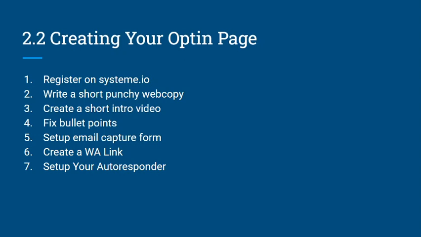and then we're going to look at how you can set up your email capture form as well as creating a WhatsApp link. Then lastly, we're going to set up our autoresponder. That will be a different video because that will be done on phone. So let's jump into system.io and create our